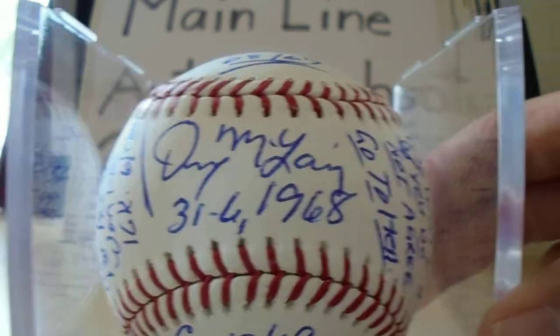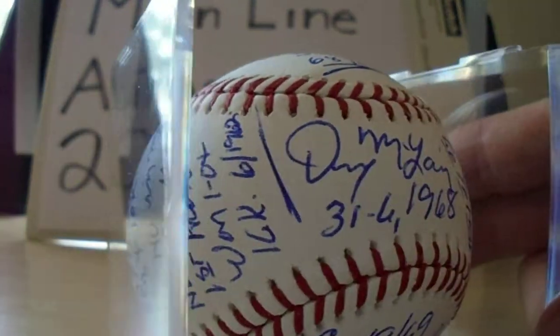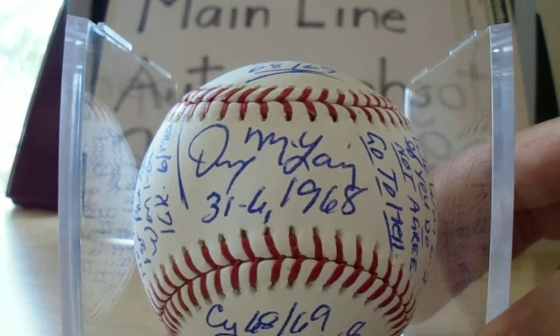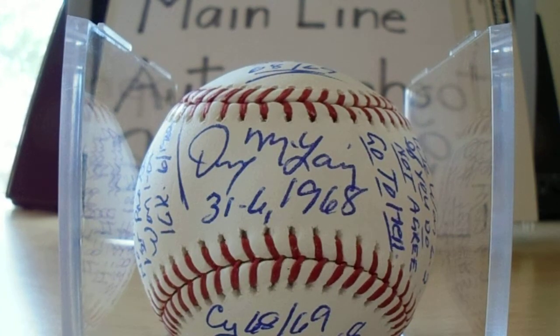Seriously, I've met the guy on occasion. I don't remember what the cost was for him to do this right in front of you, but I think it was like $60, $70, $80, $100. I don't even know. $30 plus tax. On the sweet spot, Denny McLain,